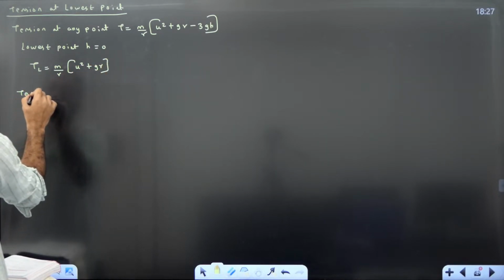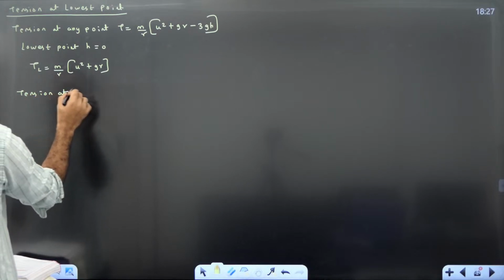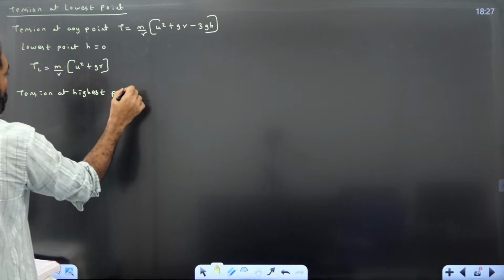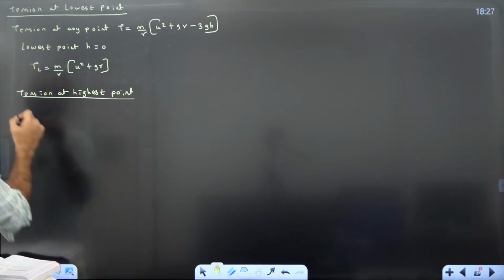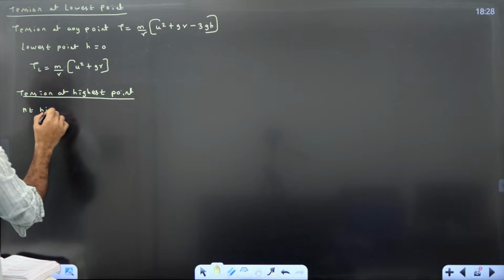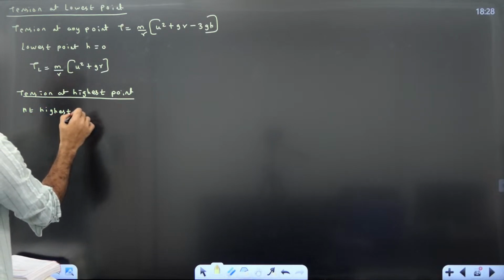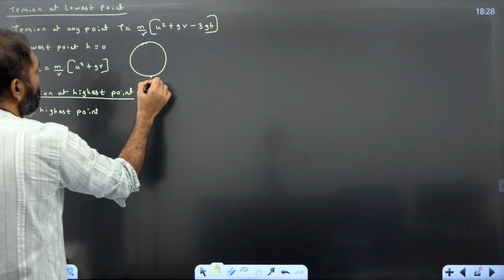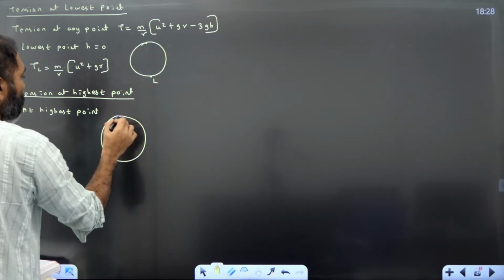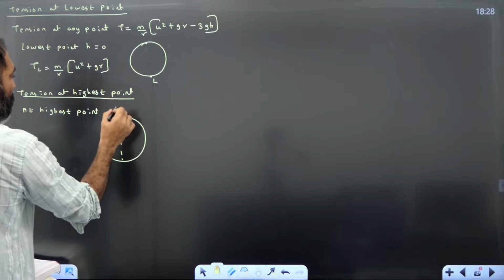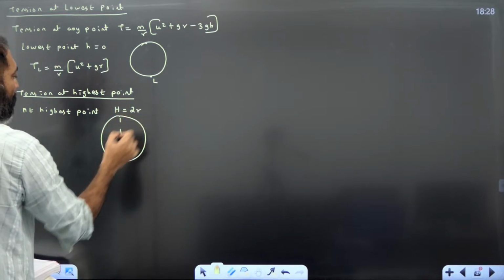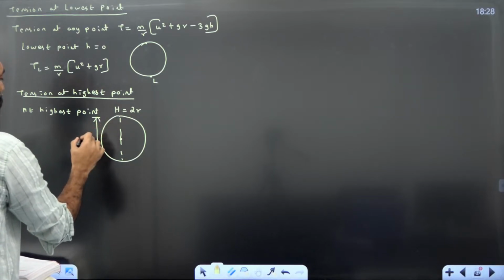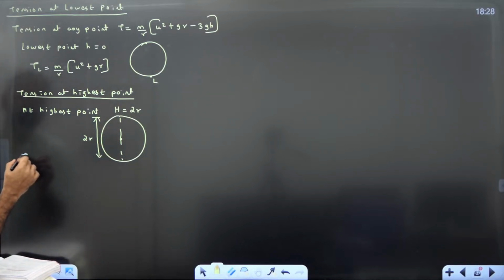Then tension at the highest point. See, in the vertical circular motion, this is the lowest point. Highest point will be what? This will be the highest point. Height is equal to what? 2 times the radius. So tension at the highest point is equal to